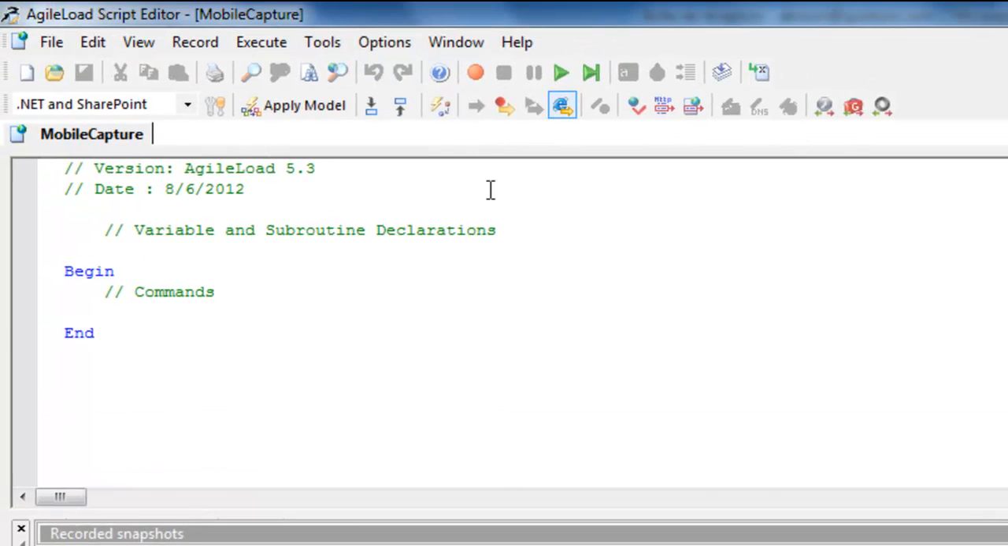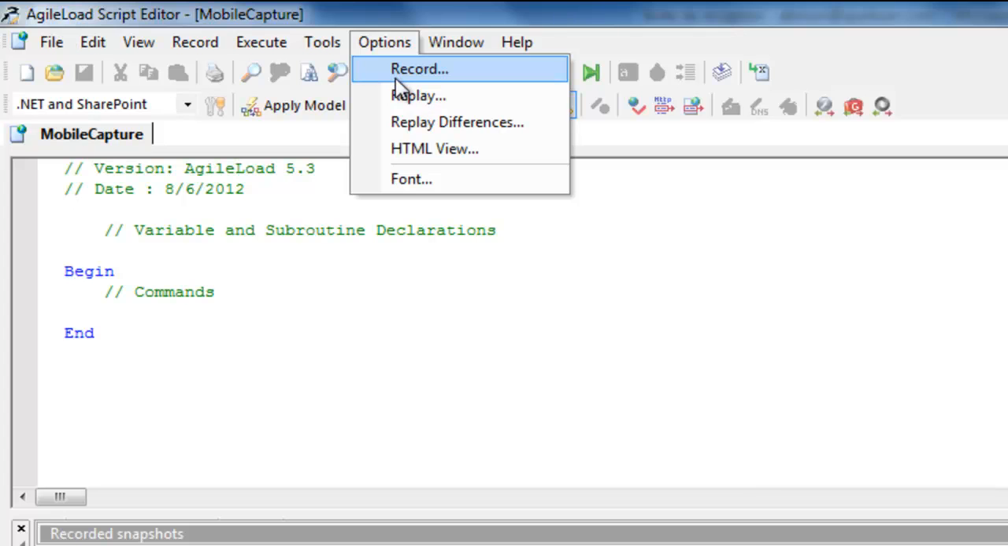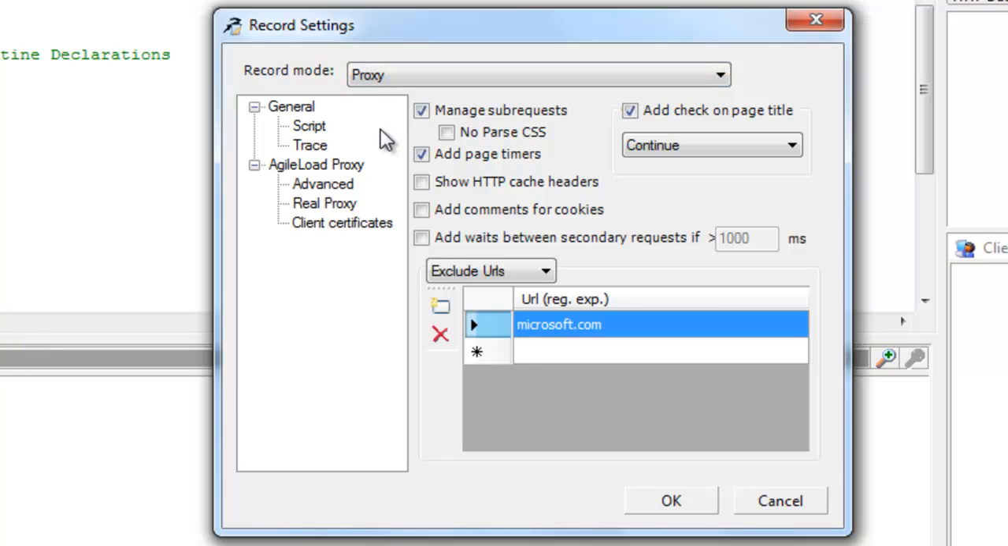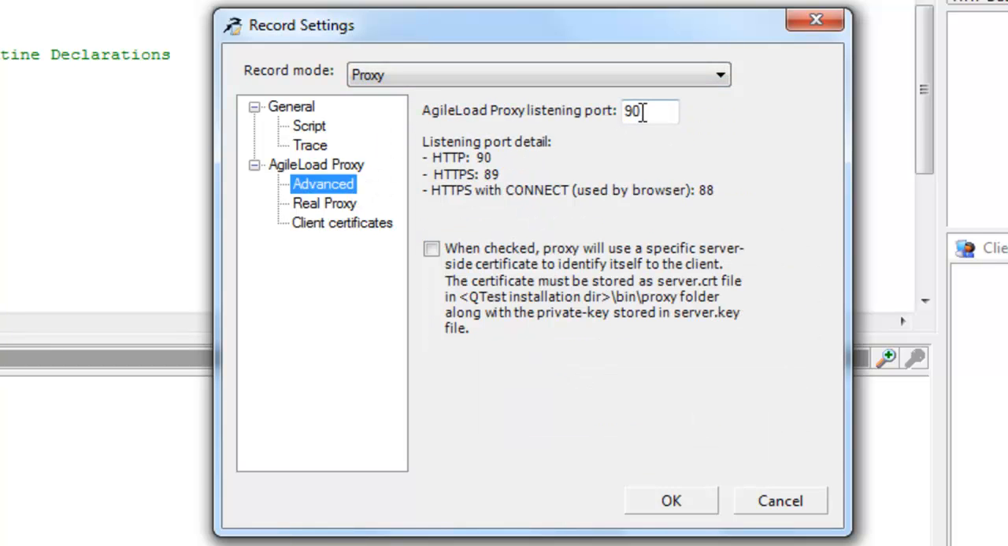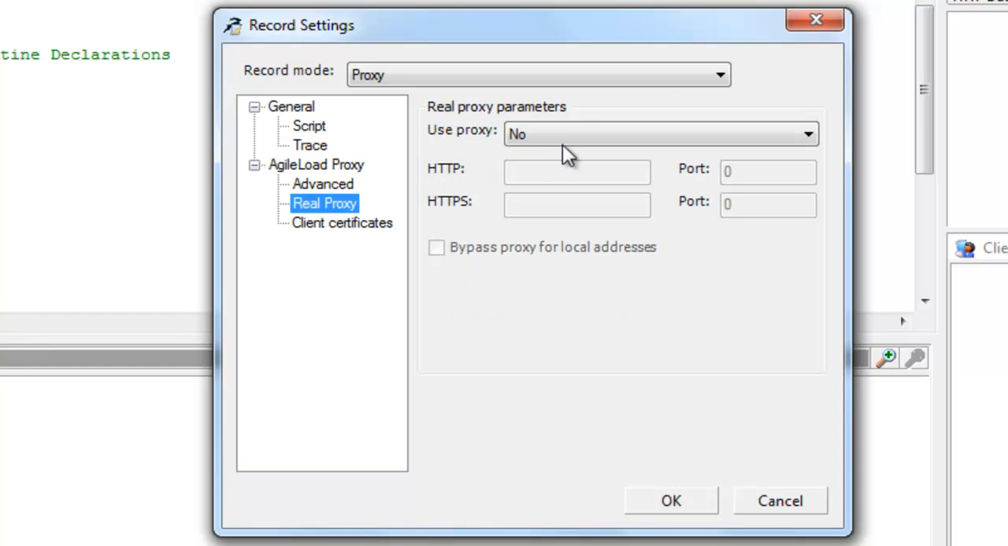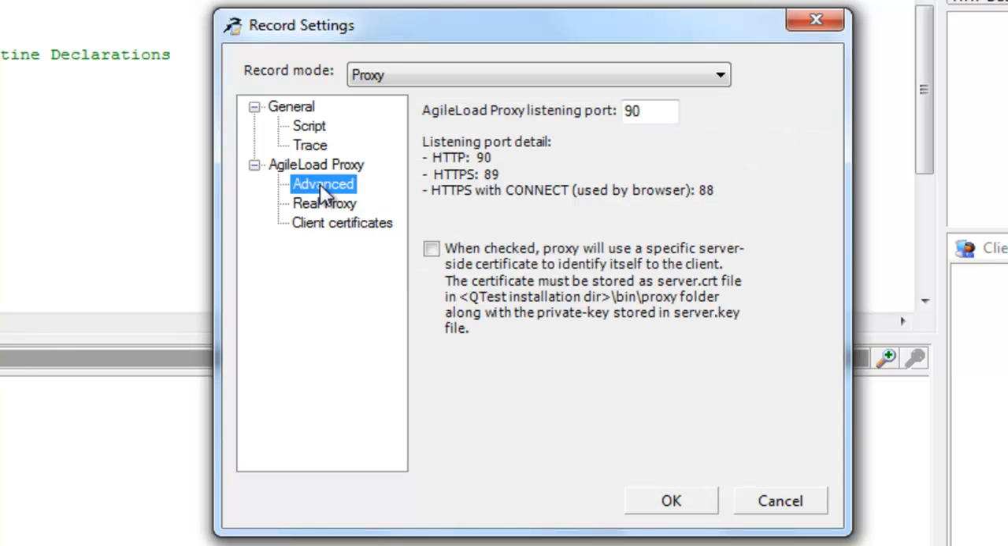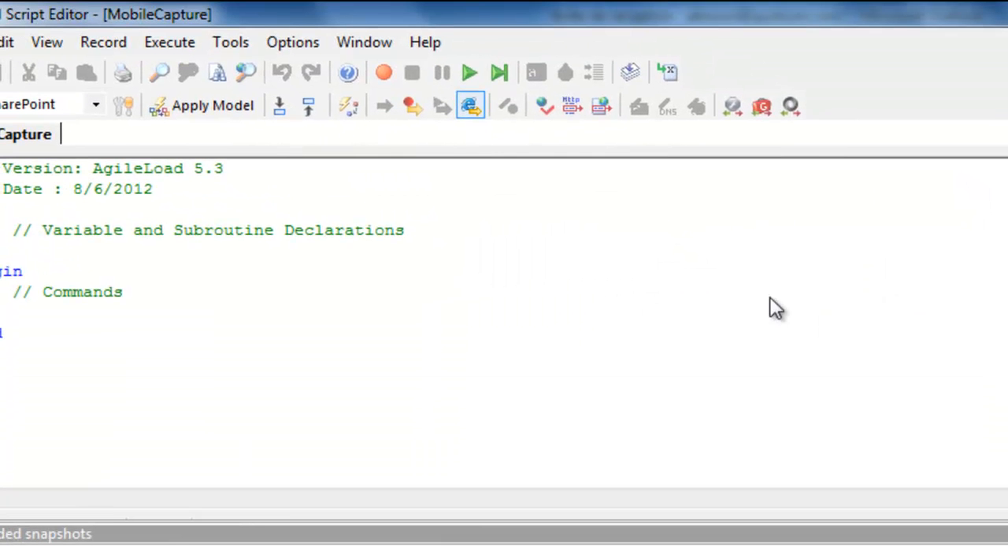Hit save, and before I hit record, I want to go into the record options. And we're going to use a proxy in this case. I'm just going to show you some of the options there. In advanced, it's telling us that it's using port 90. That's configurable. If there is a real proxy, we can specify it here. In this case, we're just connected directly to the internet, so it's fine. And if we're going to use any certificates, we specify them here. So that's all fine. We hit OK, and we're going to now hit the record button, which is going to